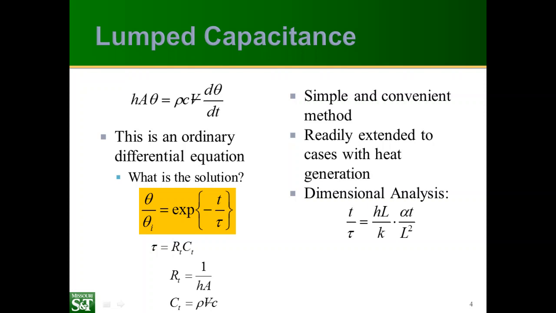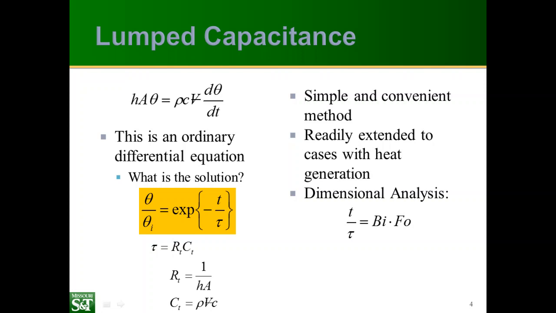We already recognize this, right? This is the Biot number, which we looked at when we were determining whether the lumped capacitance method was valid. This is the Fourier number, and it represents a dimensionless time. It's a new dimensionless number for us. It represents the ratio between the conduction of heat and the storage of heat. So when we do that, we can see that t over tau is just Biot number